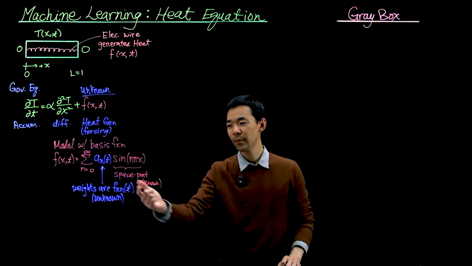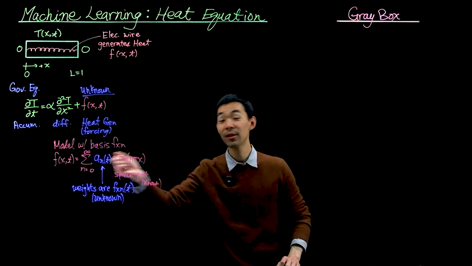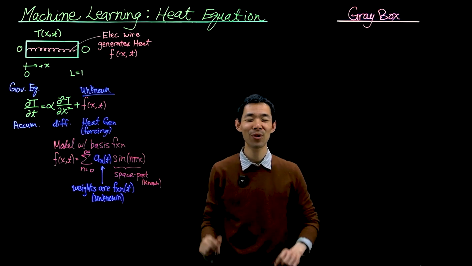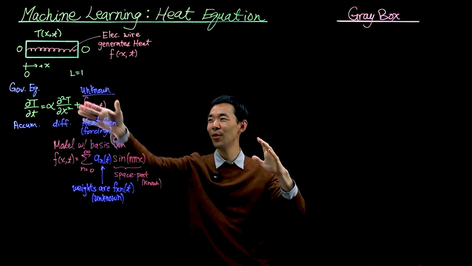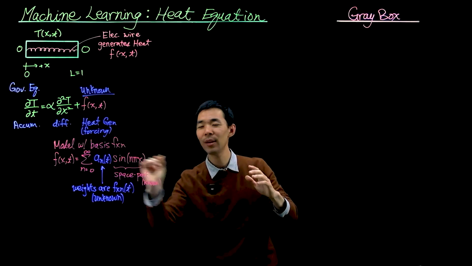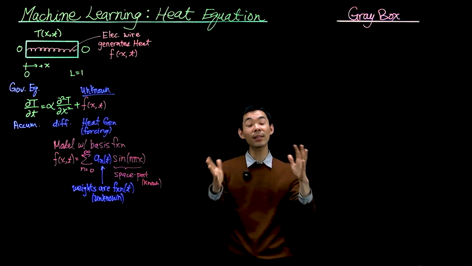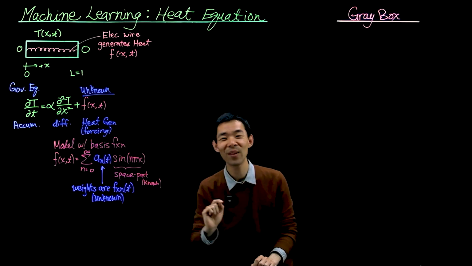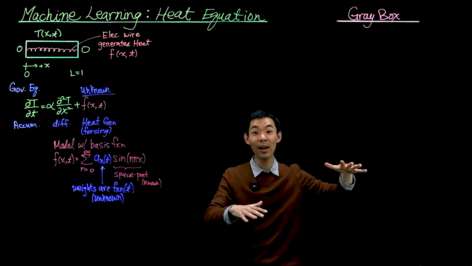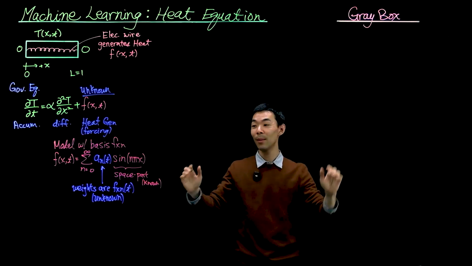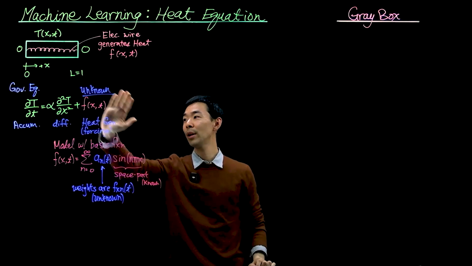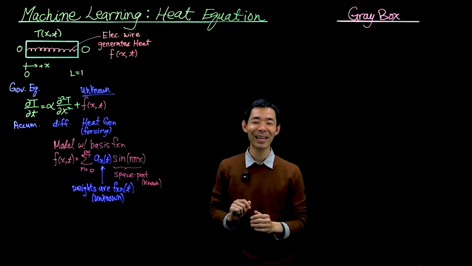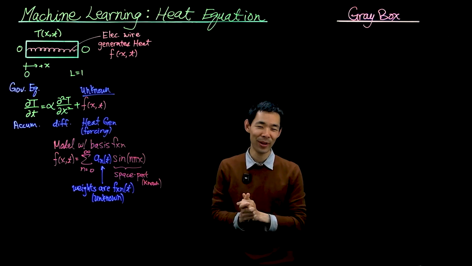So we know the space part of this mystery function now, but we don't know the time dependence. We're shoving all of the unknown of this term into the weights a sub n. If we can somehow use data to figure out what these coefficients a sub n are and how they vary with time, then we're good to go, because we can take this function here, plug it into this equation, and solve it. In fact, let's solve it using a technique that you are all very familiar with,